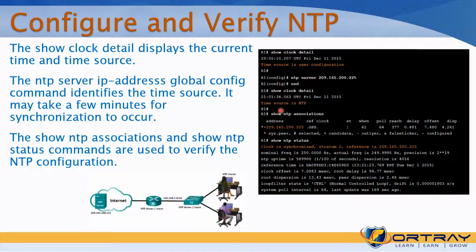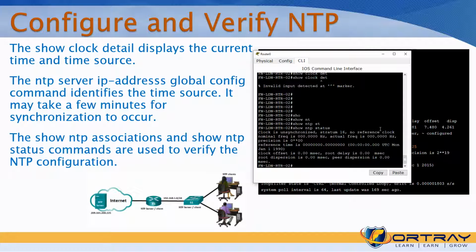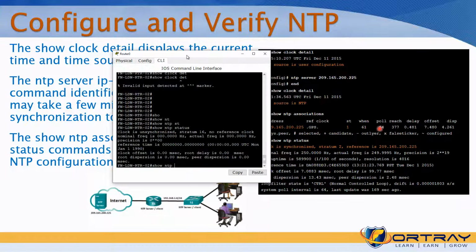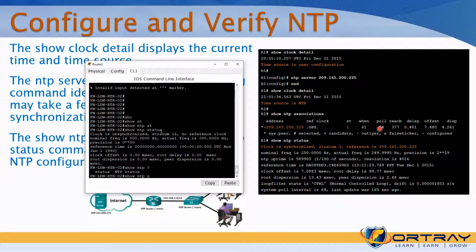These are show commands, as I explained earlier. If you configure any particular feature, there are many show commands available to verify the sources and the configuration as well. NTP is not enabled, because we have not done this. Show ntp status. Clock is unsynchronized. Maximum 16 stratum you can configure.